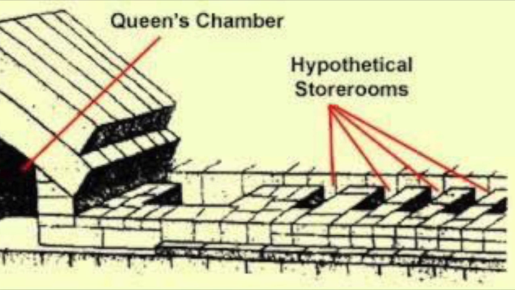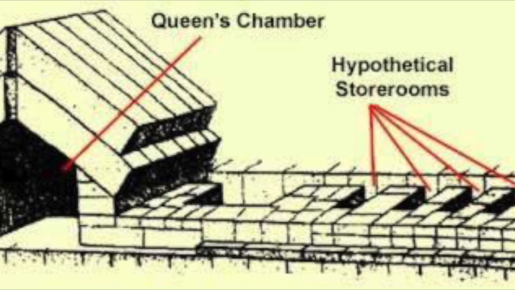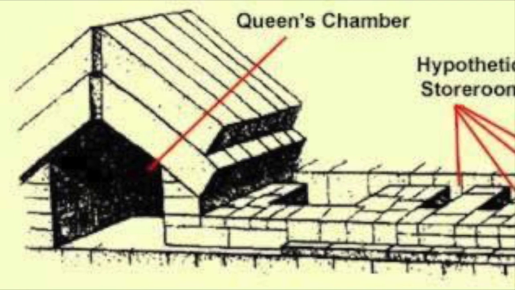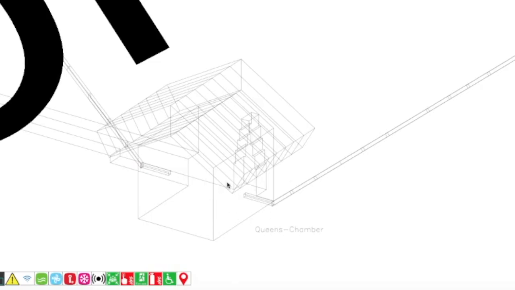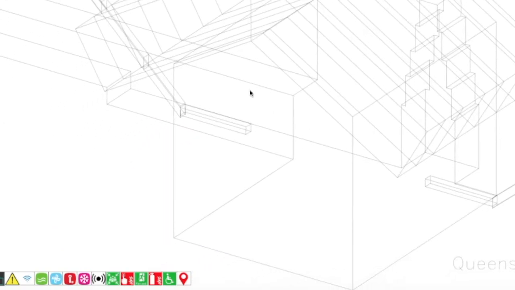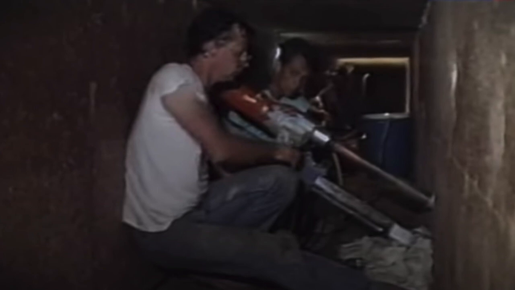Long story short, this second team were able to confirm with a second technological method the existence of the chambers alongside the Queen's Chamber horizontal passage that were initially discovered by Operation Cheops. There could be no argument there then that the chambers most definitely existed. Unfortunately, further drilling in the area was not permitted by the Department of Antiquities, and no further work has been done with these sand-filled cavities to this very day.